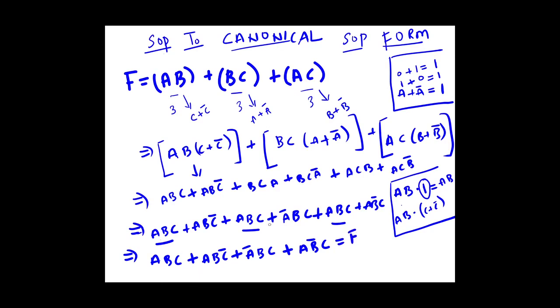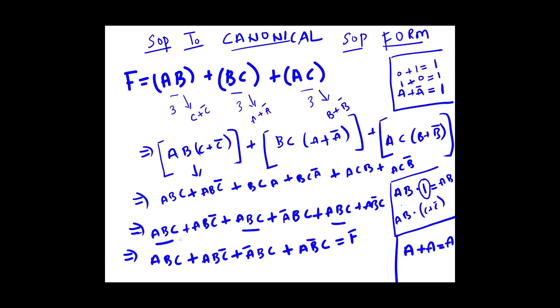So here are the 3 terms. I'm just ignoring the other 2 terms. If I have 4, even then I ignore the other 3 terms. If I have only 2, it is repeating twice, then I'll ignore once. I'm doing this because you should know one of the Boolean laws, that is A plus A is equal to A. If you add 1 plus 1, you will get 1. If you add 0 plus 0, you will get 0. So A plus A is equal to A.